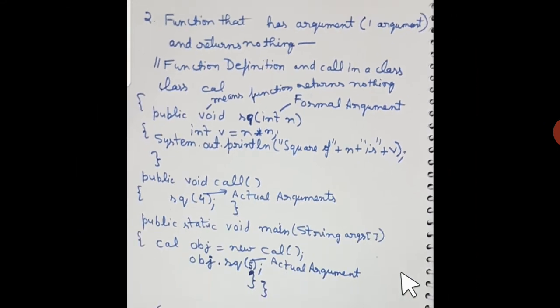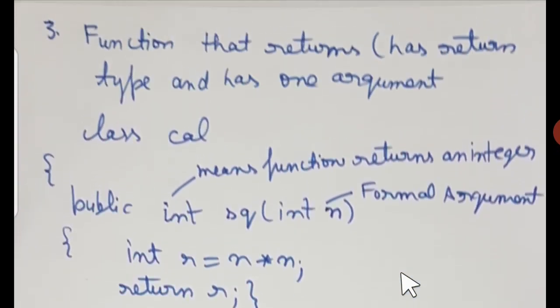Alright, okay. Now students, after that there is a third way. You can see here, a function that returns. This time the return type is not going to be void. That will be some other data type of Java, but it will not be void, because some value is to be returned, and the nature or type of that data will decide what the return type of the function will be. Students, all the examples I have kept simple just so that you could relate to what is happening. So your focus must be more on how such functions are defined and called, instead of thinking about the logic much. Alright, so I have taken very simple code this time.